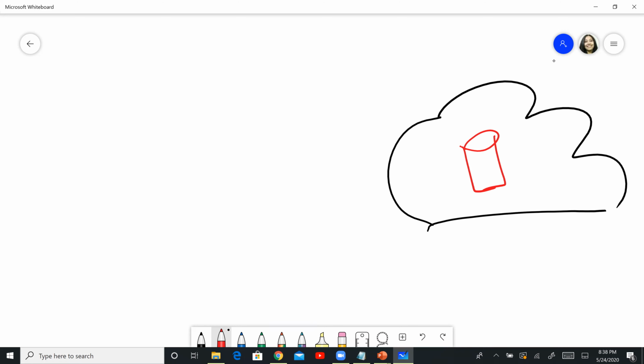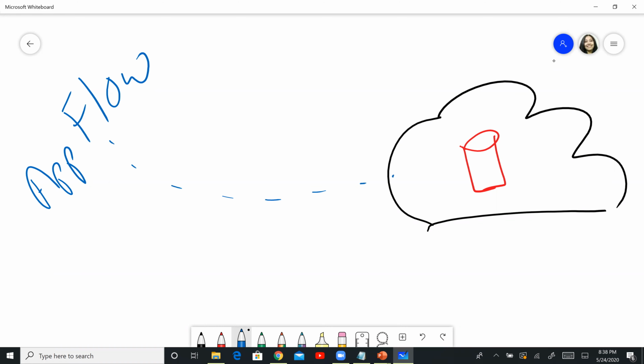Now, if anybody outside, let's say AppFlow, which is outside of this VPC, needs to communicate with this Redshift cluster, it needs to have access to it. For us to be able to do that, we have to make it publicly accessible.